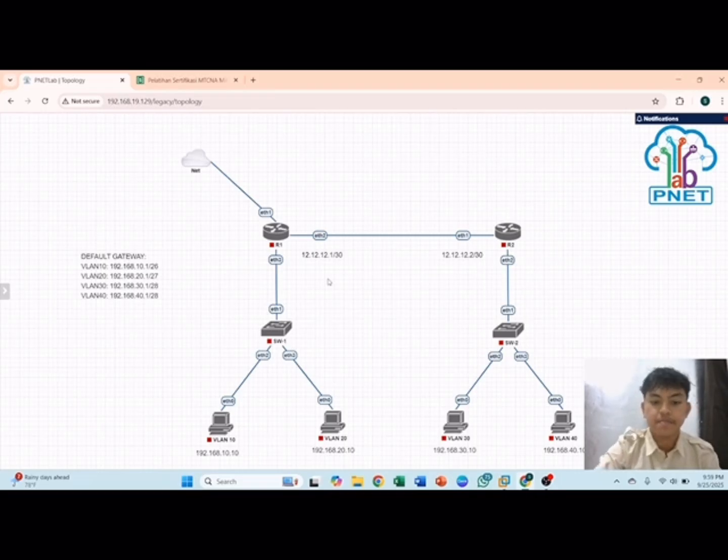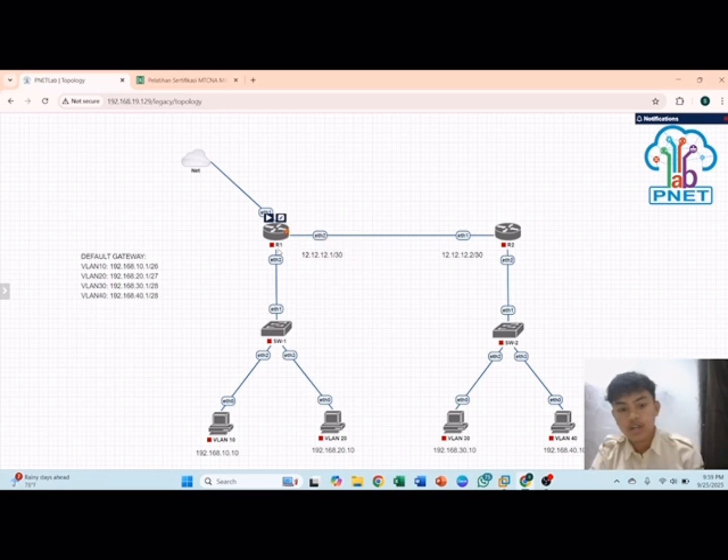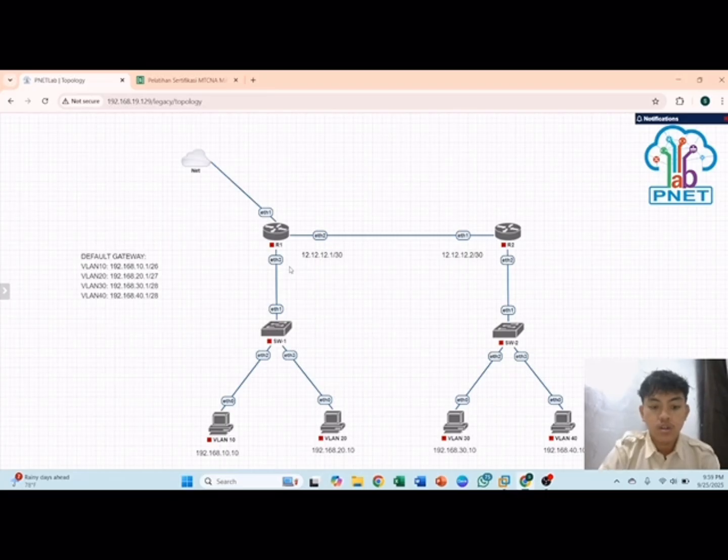Bismillah. First, we will configure router 1.